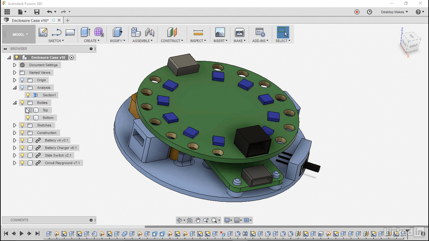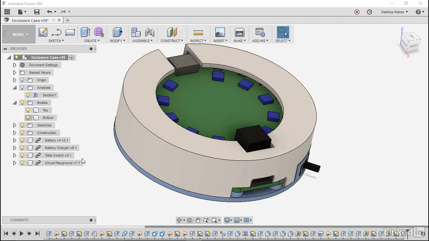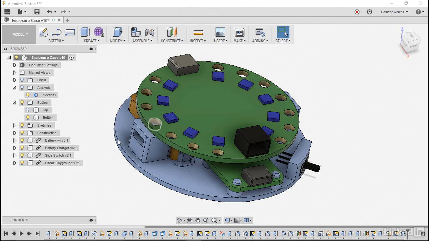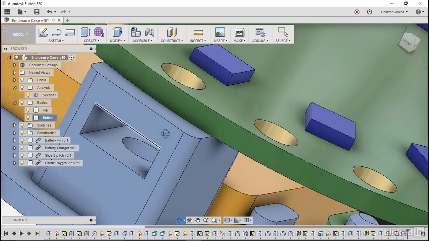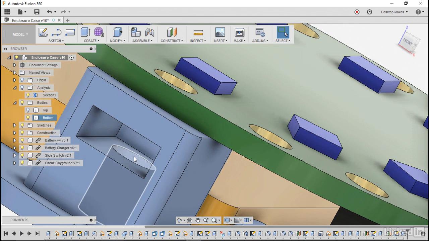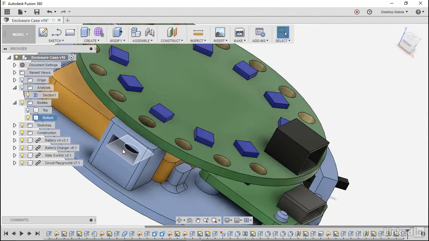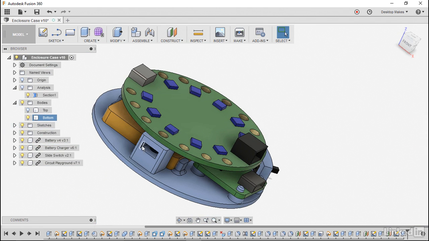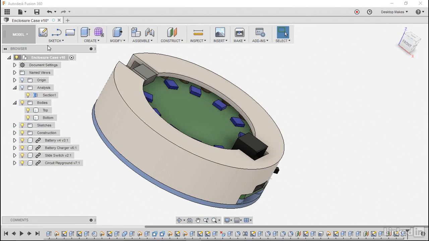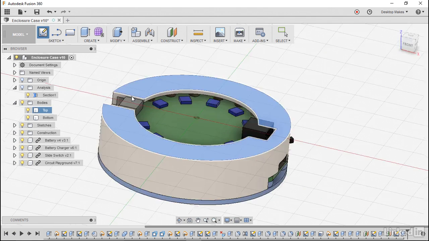Let's take a look at our top part here, and we're going to need to create a hole on this side and on the opposite side so that we can insert an M3 bolt and have it go through our circuit playground and then into this slot where we're going to put an M3 nut and thread it through that. So to do so, all we need to do is create a sketch and just extrude it. So we'll bring our top part into view and we'll go to create sketch on that top surface,